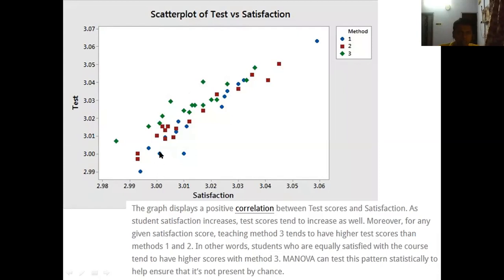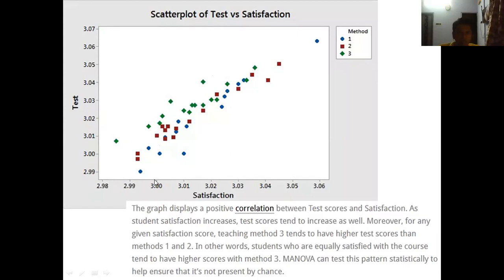the lowest satisfaction here is 1. The lowest test score is 1. You can see here the blue dot, and above it you can see there are brown dots, and green dots are all above. The green dots are much higher as compared to the blue dots or the brown dots. So the green dots are located on a higher value as compared to the blue dots or the brown dots for a specific